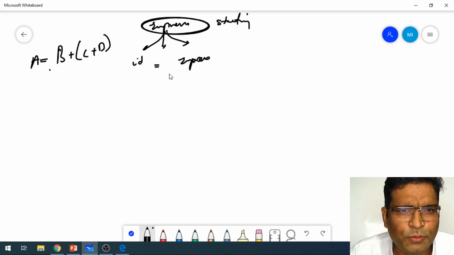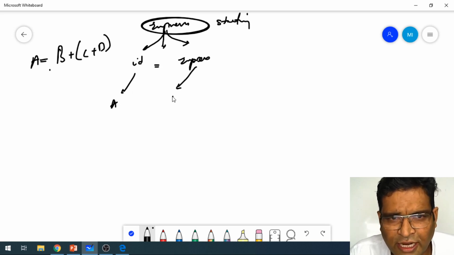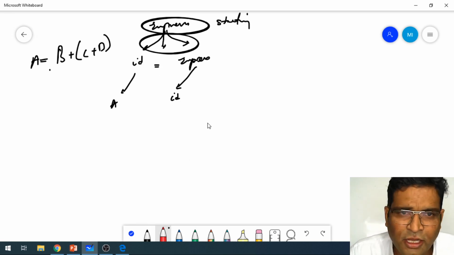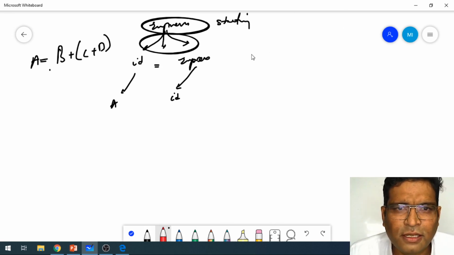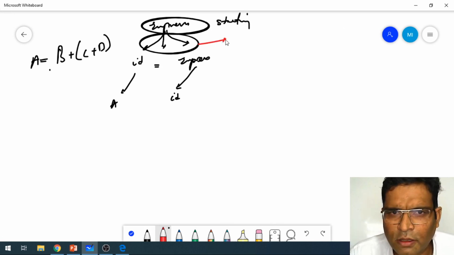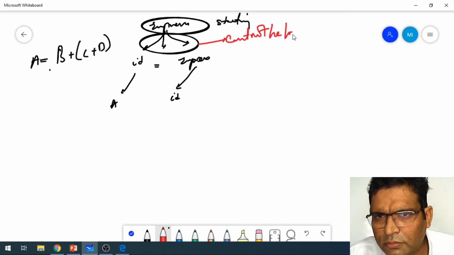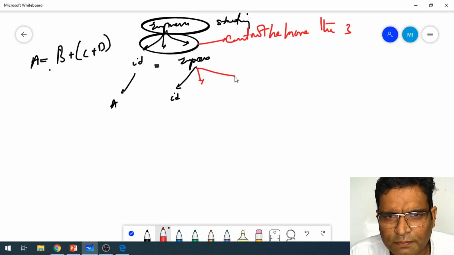What do you mean by ID? We take it as A. It cannot be divided further. Then is equal to, then expression. We got ID, and this expression cannot be divided into more than three parts. It can be 1, 2 or 3, but not more than 3. Remember this, please. Now in the expression I have ID, plus, and expression.